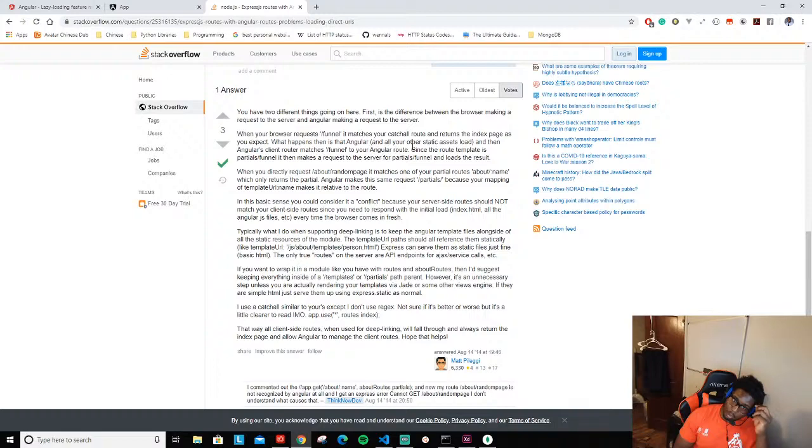Yeah. Typically, what I do when supporting deep linking is to keep the Angular template files alongside all the static resources of the module. The template URL paths should all reference them statically. Express can serve them as static files just fine. The only true routes on the server, I don't want to do that. If you want to wrap in a module like you have with Express routes, then